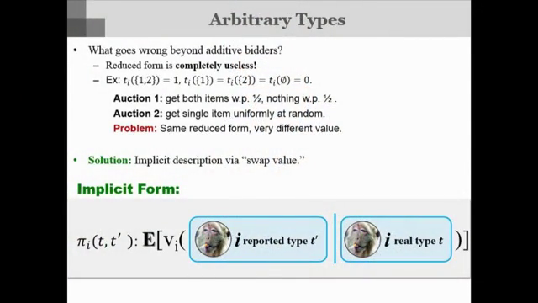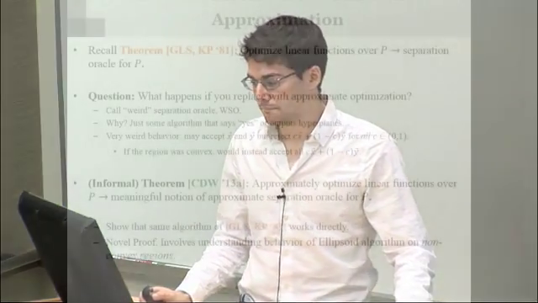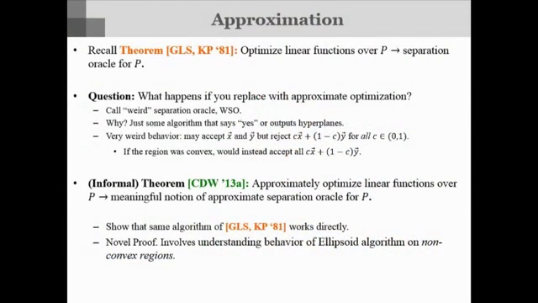Okay, so now for arbitrary types, let me first ask, what goes wrong as you move beyond additive bidders? Yeah. So in this approximation, you would still just aim for the worst one, right? For example, when you said for different inputs, it gives, in some sense, an approximation in a different fashion. Yes, that's right. So yes, the worst one. But you guarantee that in every direction it does at least half as well as the optimal, then that's what you're targeting.